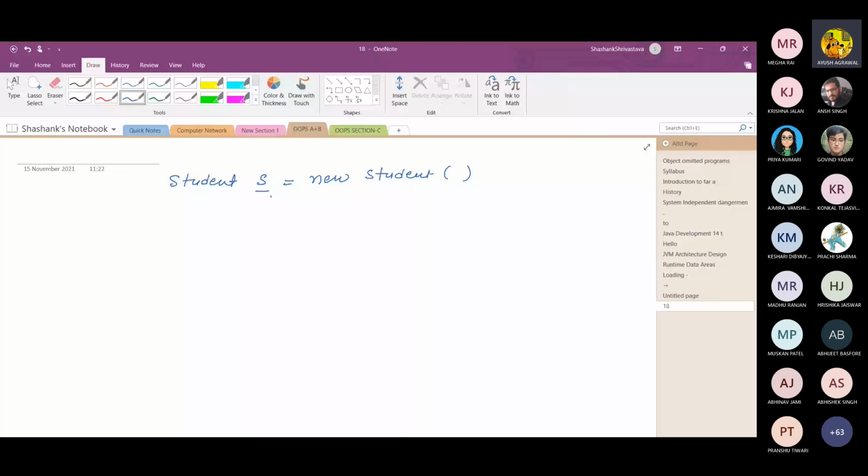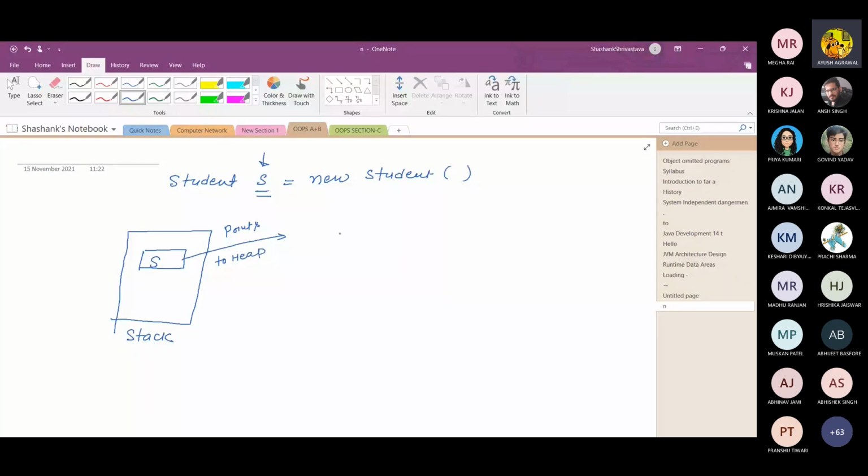S is the reference variable, which internally acts as a pointer which points to the heap memory area, where actually the object of a student is created.